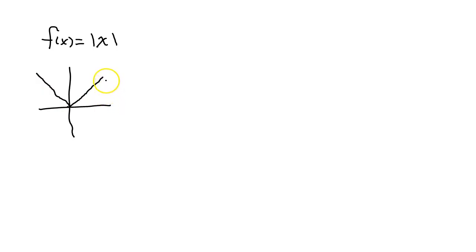And if you look at it on the right side, at any point, the tangent line is just y equal to x. Right? The slope on the right side is just 1. Okay? On the left side, the tangent line has slope -1. At every point, it's a straight line, so the tangent line overlaps with the graph. However, right here at the origin, you can't really say which is the tangent line. Is it this one or is it that one?